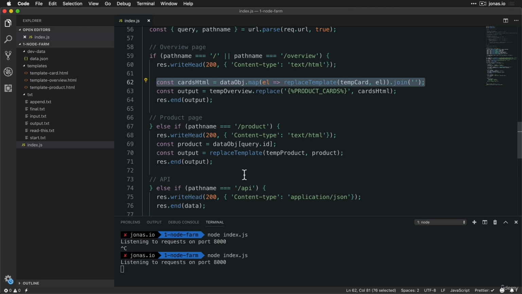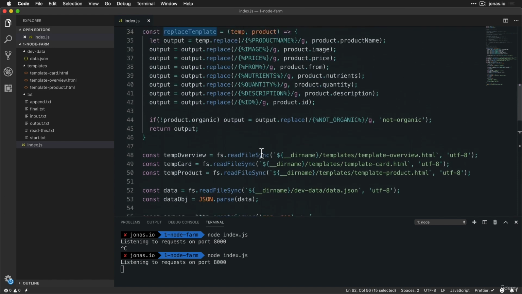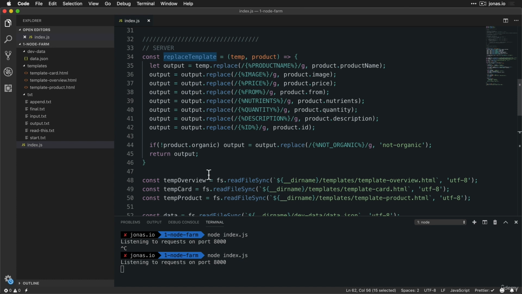So let's say that we actually had a bunch of different JavaScript files in which we used this replace template function. So right now we are just using it here in index.js. We use it twice, and that is why we have a function. But imagine that we wanted to use this function in multiple files, okay? So what we can do is to create a new module and export that function from it and then import